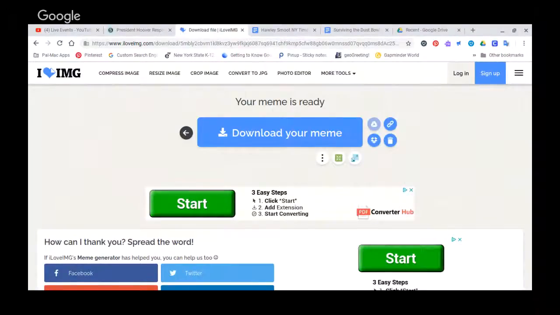When I click Generate Meme, it will process it, and now it'll give me the option to download my meme. So once I've downloaded the meme, I'm going to click Download, and now all of a sudden it's downloaded in my computer. I can click Show in Folder to see where it is. And I'll just scroll down until I find it. If you see those little circles that we go by, those are pictures. That'll be your memes. And most of the time, it's right down at the bottom.